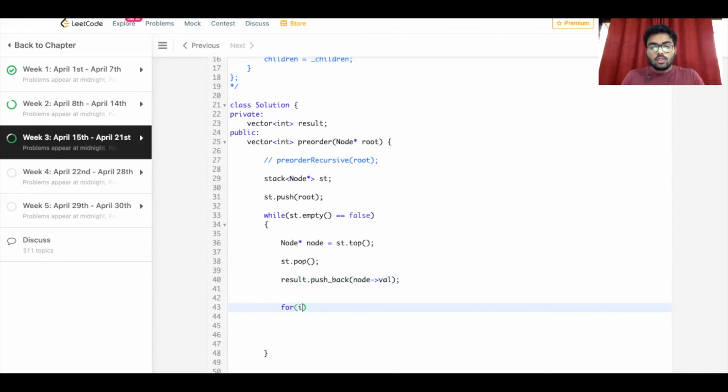Why do we run a loop? Because we have to store the children as well of the particular node that we are on.